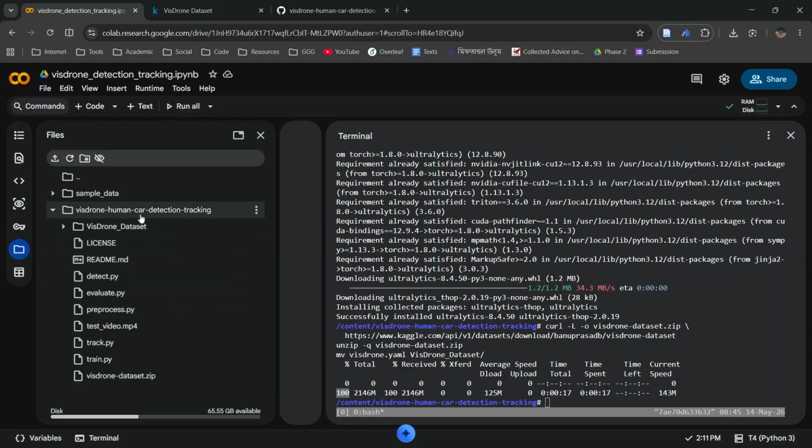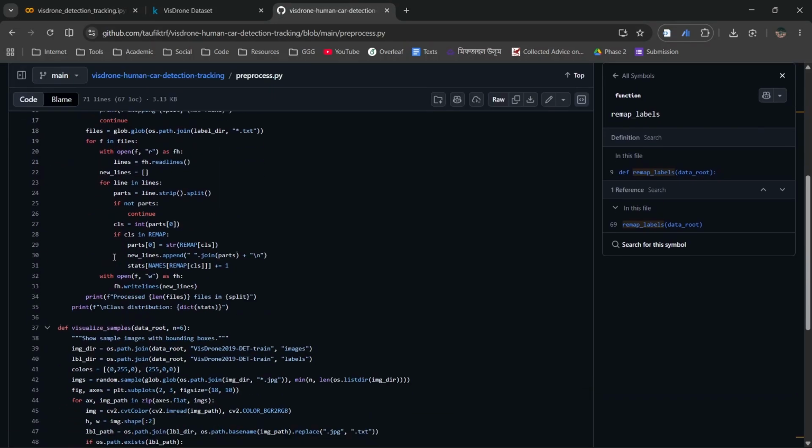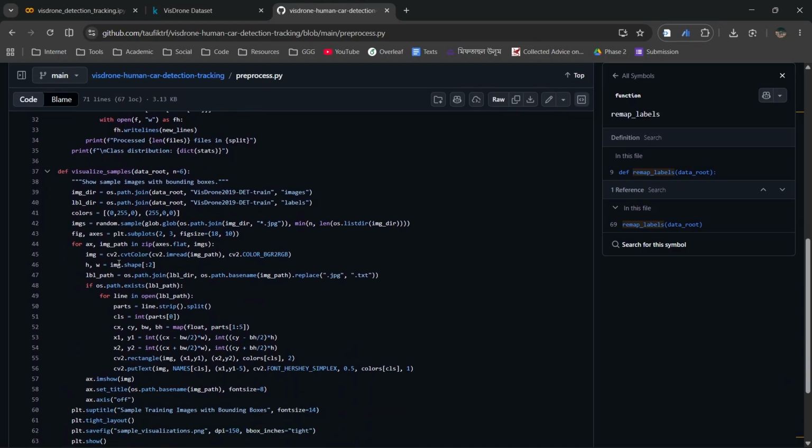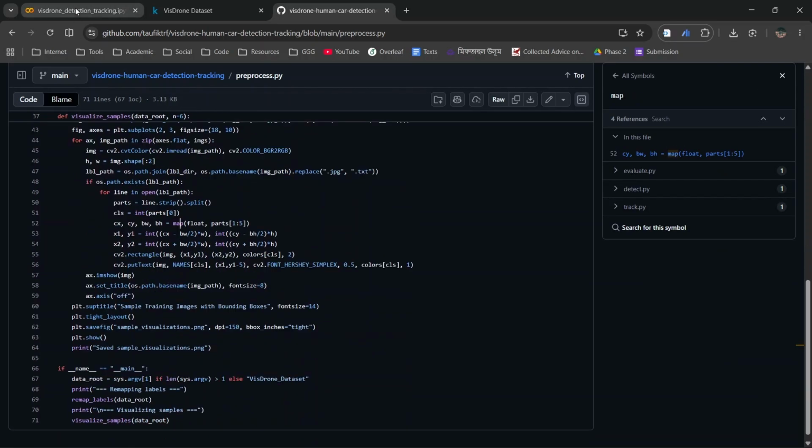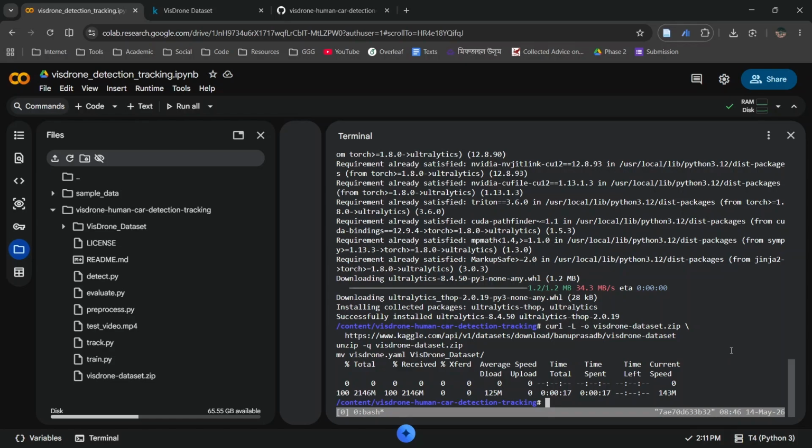So we can see the dataset is already here, and also the GitHub project is cloned here. So let us see the remaining part. This one is the first part, and the second part is just simple visualization where we will sample some random images and plot them to see how they look. So let us run this preprocessing task. This is very easy. We'll just have to run the